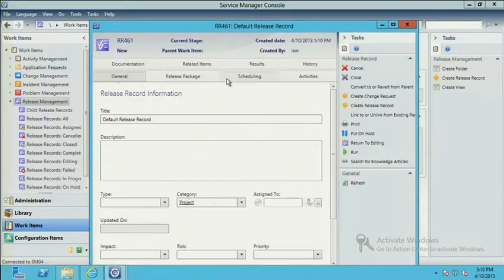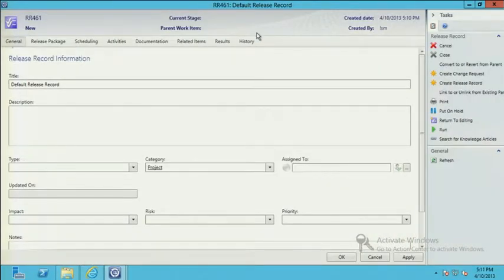So release management looks, feels, smells a lot like change management, with a few key differences. The main page here is very basic. It's exactly what you would expect to see: title, description, type of release itself, category as a project, maybe it's a fix in this case. I can change my title, release of